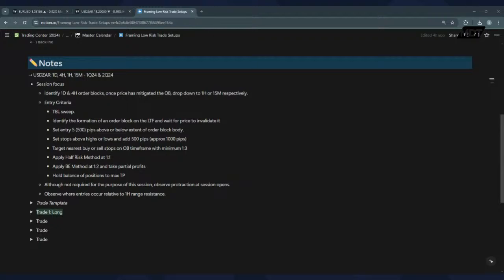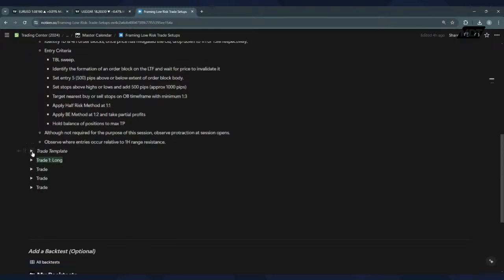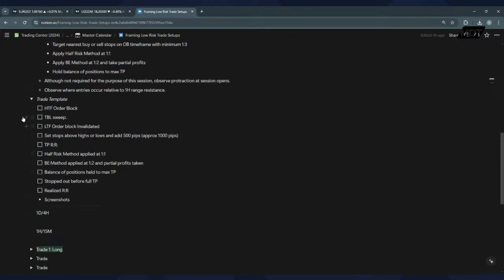range resistance, because in my current execution checklist, I specify that I don't take trades that are within a 1 hour low resistance range, because it's typically in that area where we have more potential to pull back. And so I wait for price to clear that and then look for entry confirmation. So this is essentially the trade template that I'll use for the session, everything that I'll be looking for, and then each time frame.